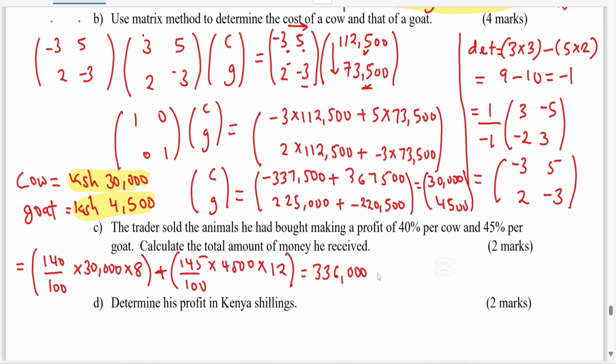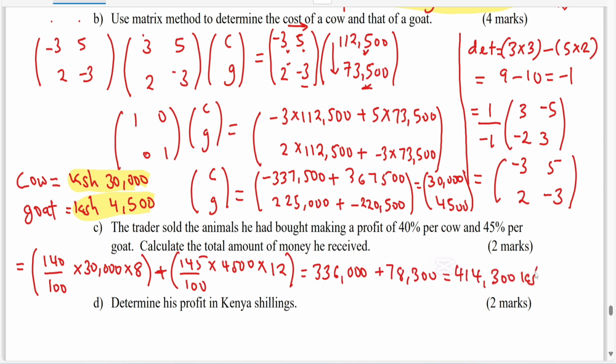Okay, plus 1.45 times 4,500 times 12, so gives us around 78,300. So hapa ni 78,300. Okay, add hizi mbili, 78,300 plus 336,000, yeah, 414,300. So total answer ni